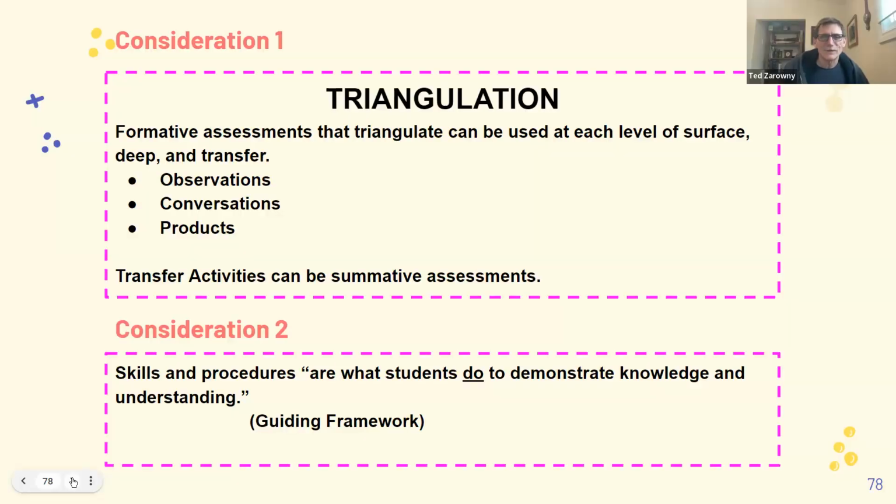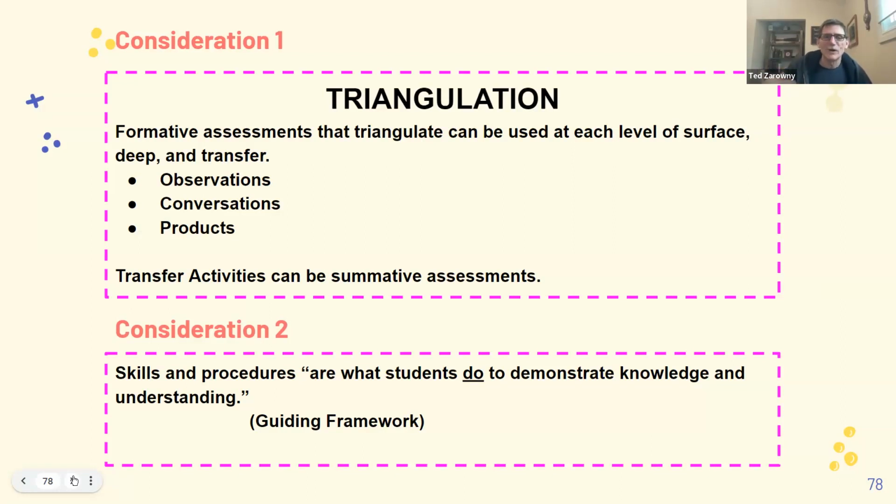When it comes to assessment of all these, really a lot of the activities that Chris and I have shown are in a sense those formative assessment activities as well. As they're working, we're doing that triangulation assessment piece of doing observations, conversations, and looking at students' products. A transfer activity is simply giving students a whole new context in which to work. They could be used as summative assessments as well. So we could take some of those same things, do an investigation or conduct an experiment.